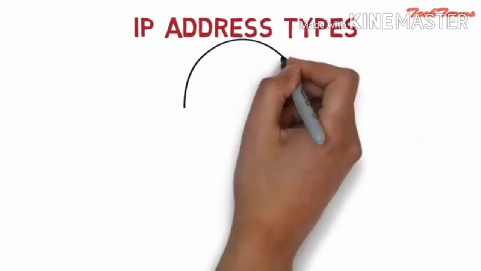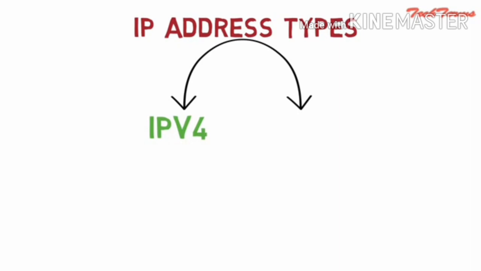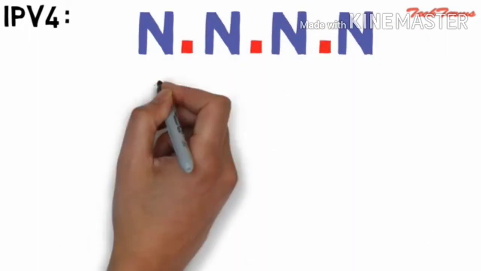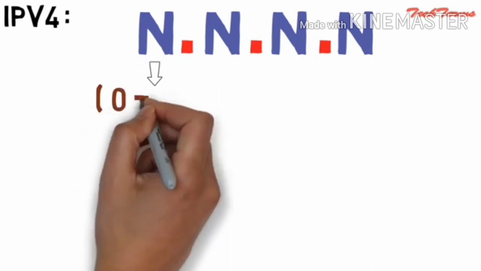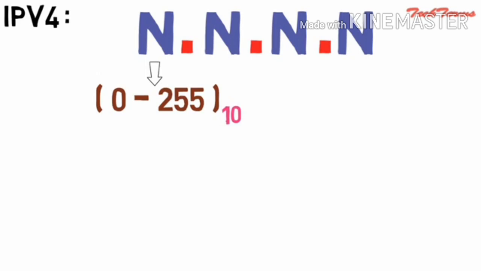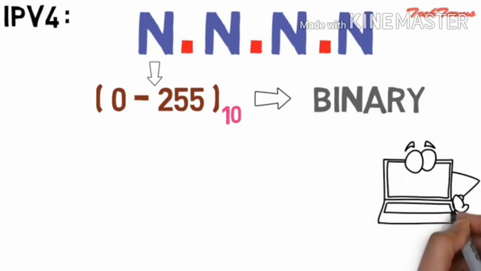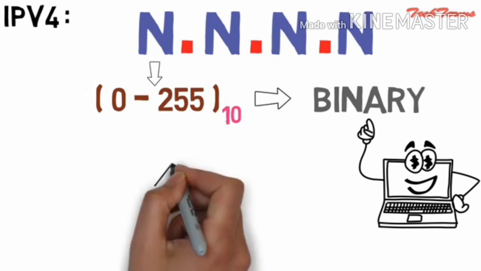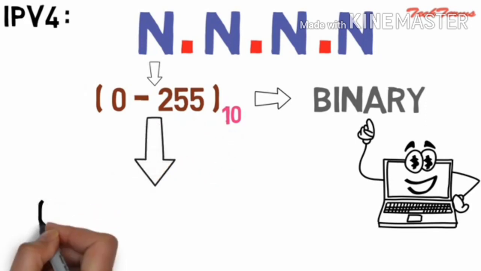IP address is of two types: Internet Protocol version 4 and Internet Protocol version 6. Internet Protocol version 4 consists of 4 numbers separated with the dot. Each number can range from 0 to 255 in decimal numbers. But computers do not understand these decimal numbers. So these numbers are converted to binary form, which is computer understandable. Therefore, in binary, this range can be written as